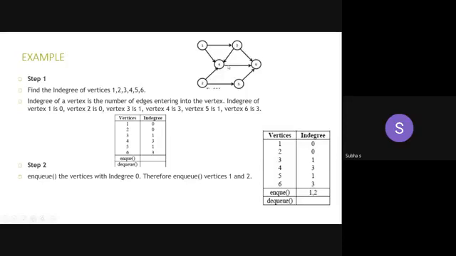So make it as 1. For 4, what is the in degree? 1, 2, and then this one, from 2 to 4. Okay. Are you clear? So for 4, 3 edges are coming. From 1 it's coming, from 3 and then from 2. So make it as 3.